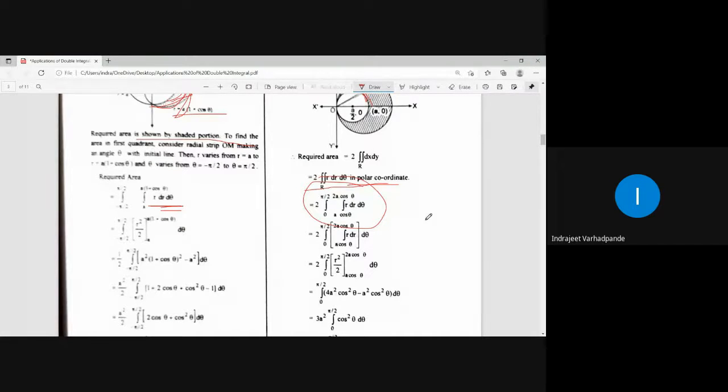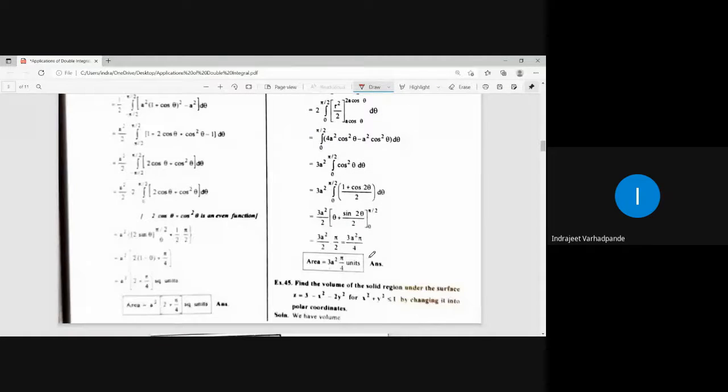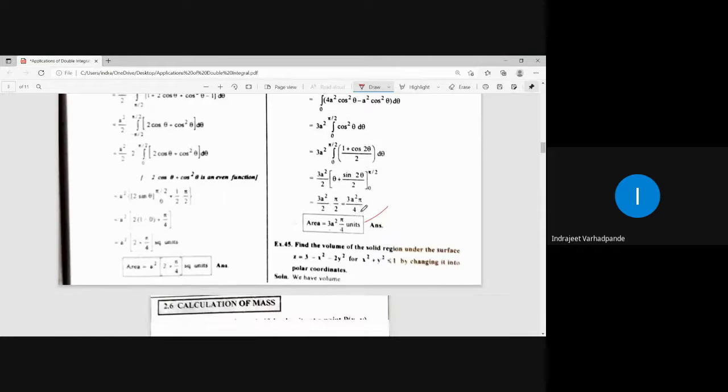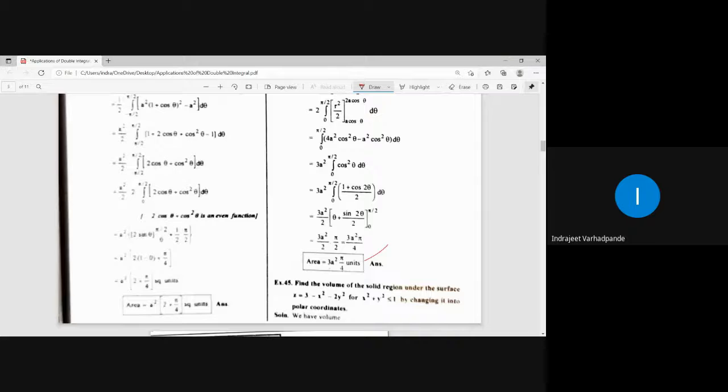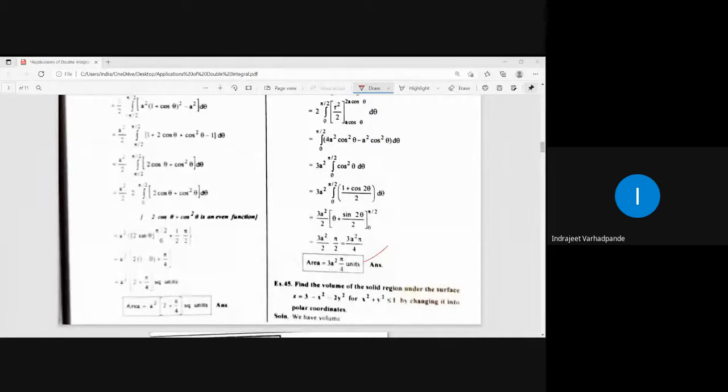Integration of r is r square by 2. Simplify, get the answer. The final answer will be in square units, which represents the area. Usually for the area we put the unit as square units. It is not necessary to put units, but since nothing is mentioned, I take the area as square